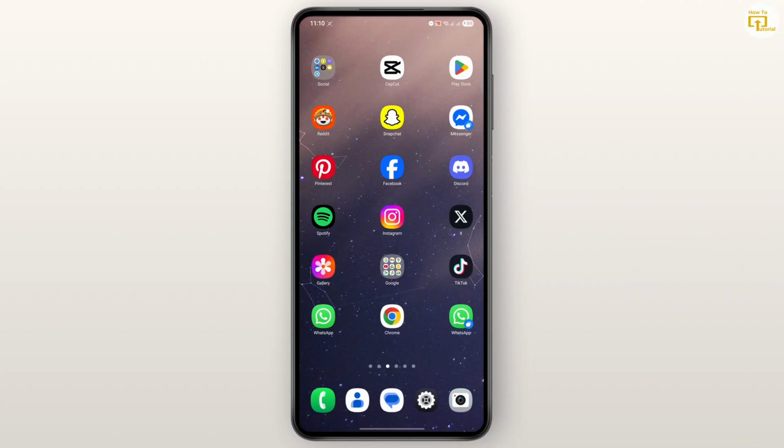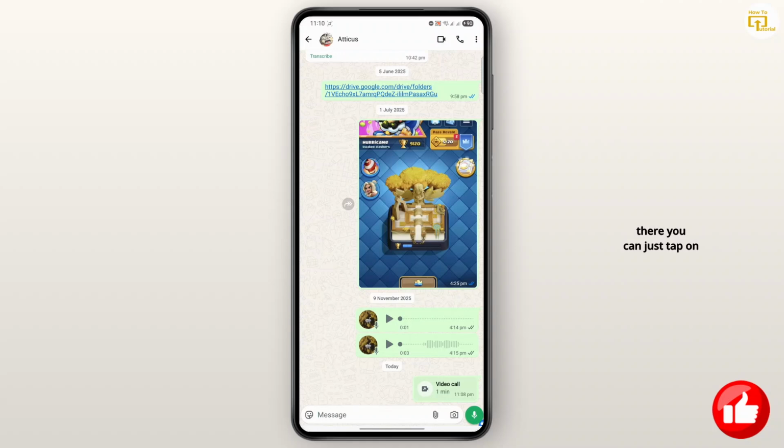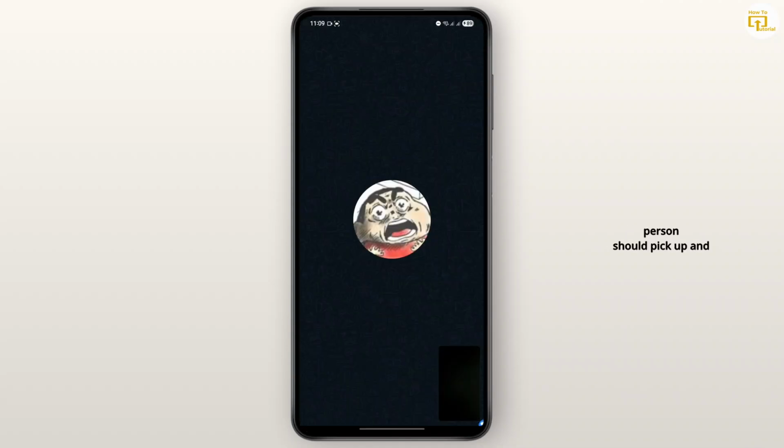Let's just get started. Open up the WhatsApp application first. Once you open it up, go to the chat where you want to start a call. Just tap on it, and then from there you can tap on the call option at the top. Now, once you start a call, the other person should pick up and your screen is going to look something